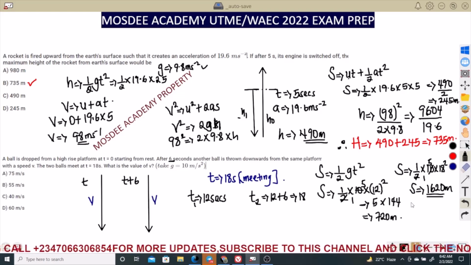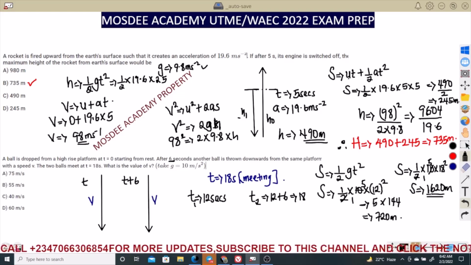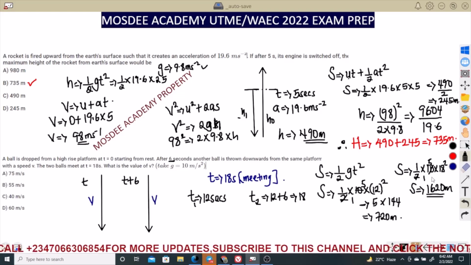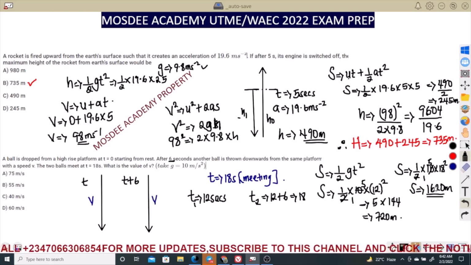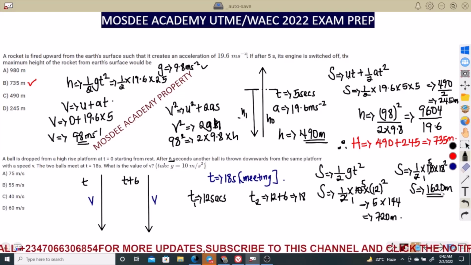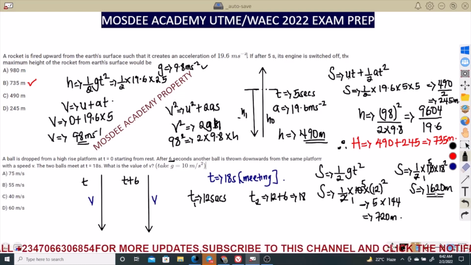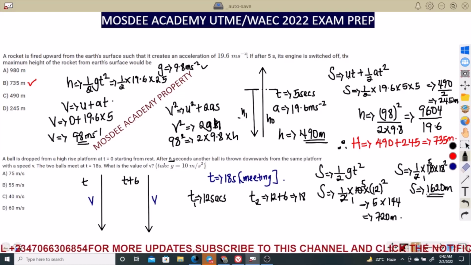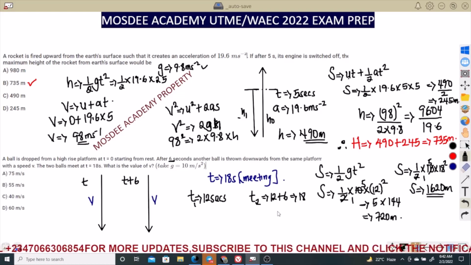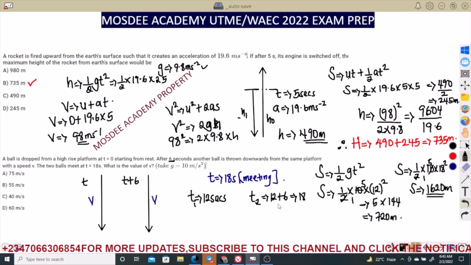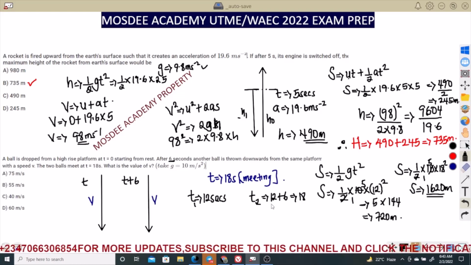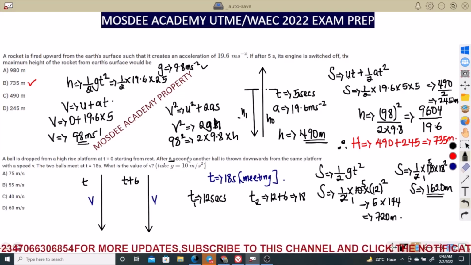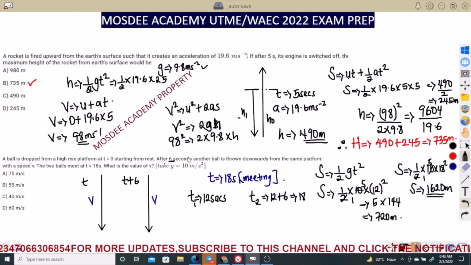So keep that at the back of your mind. At this particular point, at 18 seconds, two of them are meeting. But at that particular point, we want to know the value of the what? Of the speed. So that is what we are to calculate. And to do that, my dear students, it is very simple. All you just need to do is to set a relationship, because without a relationship, you cannot get this.